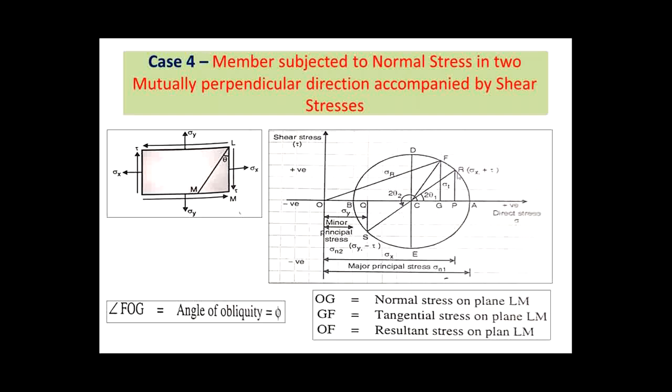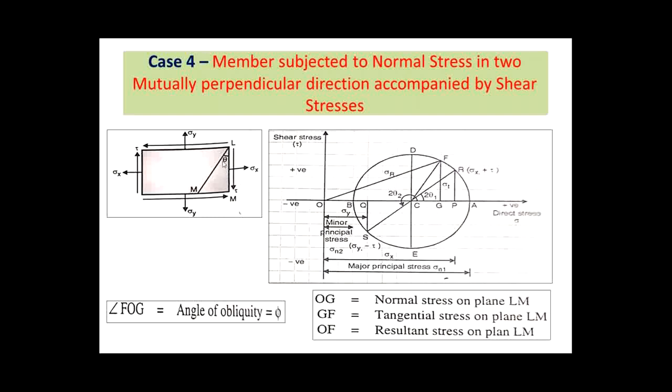So join the points R and S. We'll get a center point. Draw the circle, which will be the Mohr circle. After that you have to mark 2 theta, because that is the angle of inclination of the oblique plane. From the line CR, mark 2 theta over here, and we get F. Join F with the center. That gives you the resultant stresses. The resultant stress has two components, FG and OG. FG is the tangential stress, OG is the normal stress.